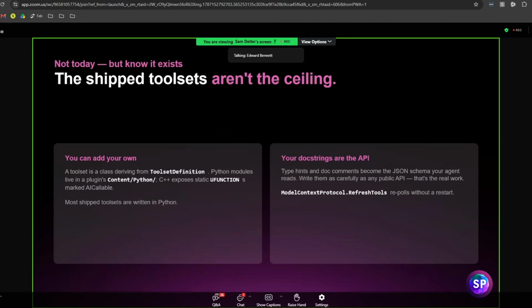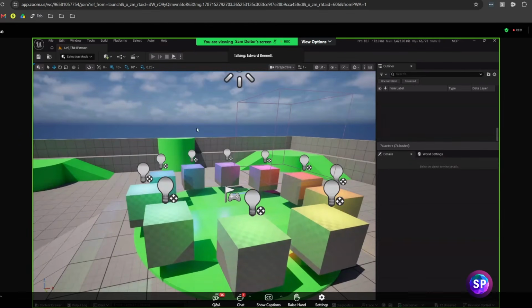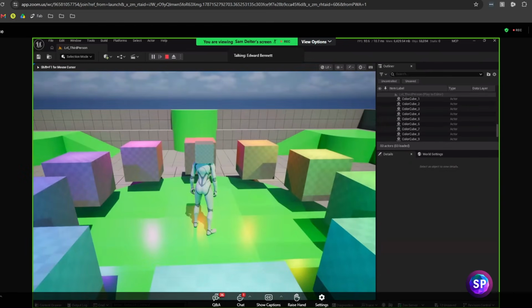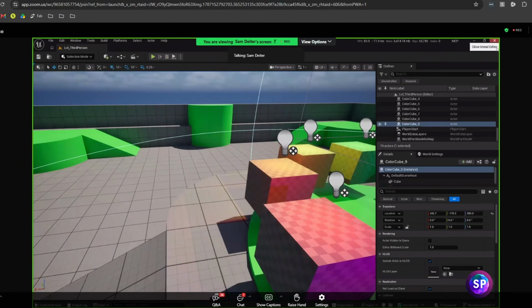I'm just finding it. Oh yes, can it create materials, VFX, work with Blueprint, make a small game, or are there limits? Now, do you want to answer? Yeah, let me just close this.